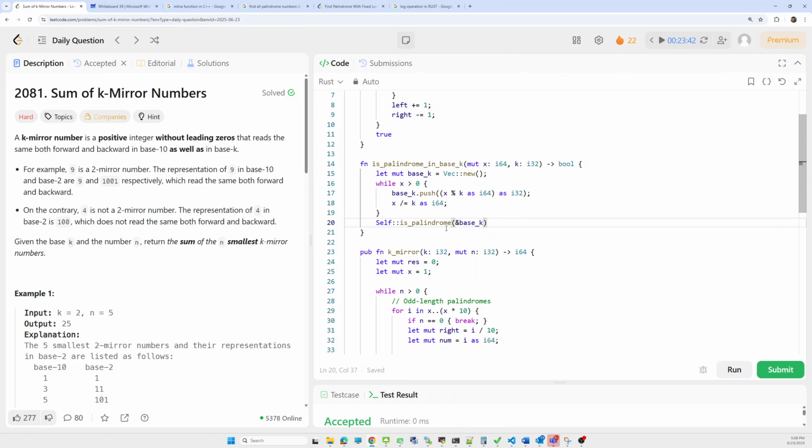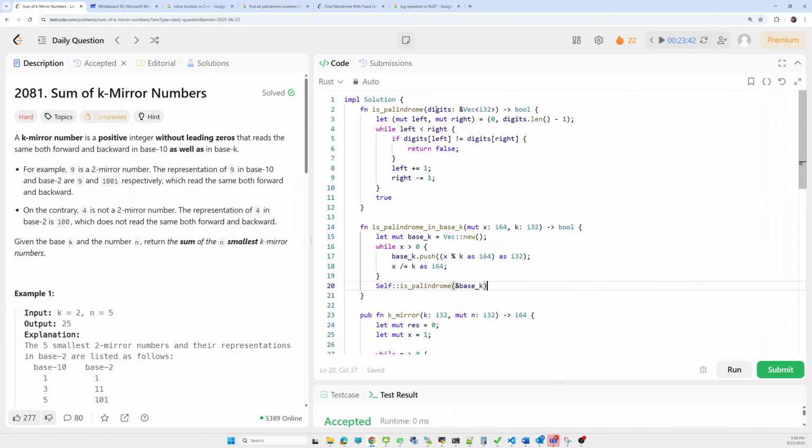In this is palindrome method, we are passing it as a reference, capturing as a reference, not creating a copy.